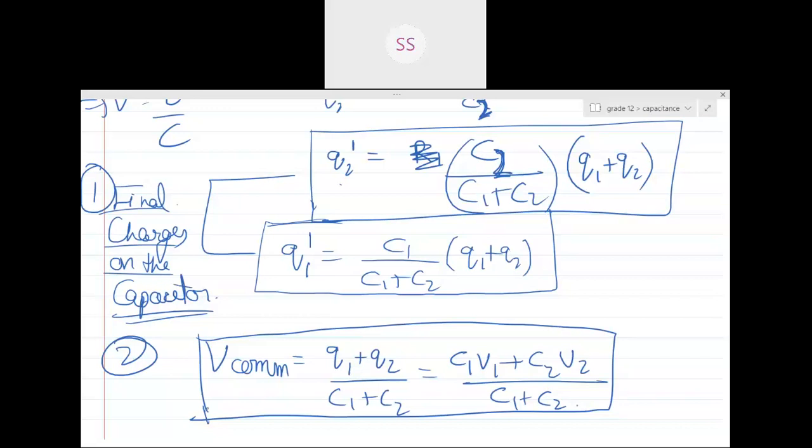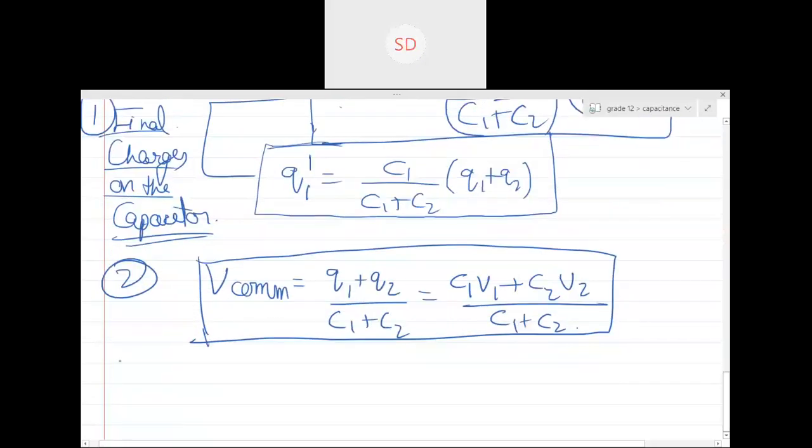So this is the formula for common potential and this is the formula for C1 plus C2. Now the third is